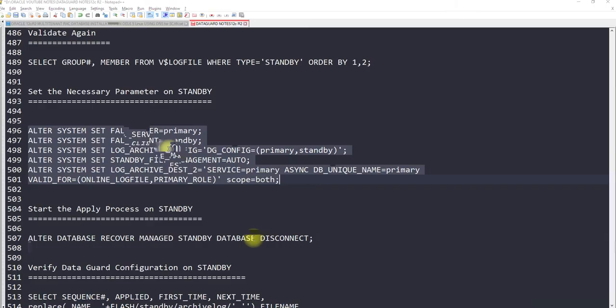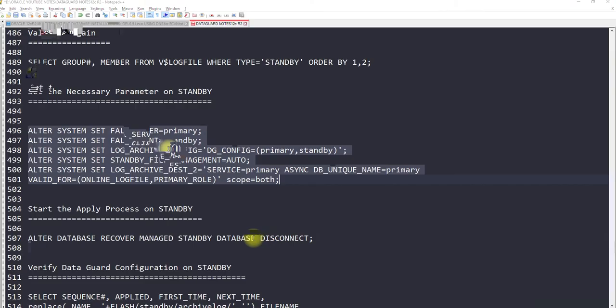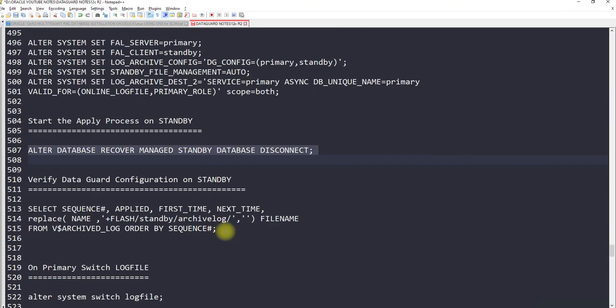So select open_mode from v$database. Okay, the database is in mount state. That's fine. You have to run this: alter database recover managed standby database disconnect. Okay, this is done.